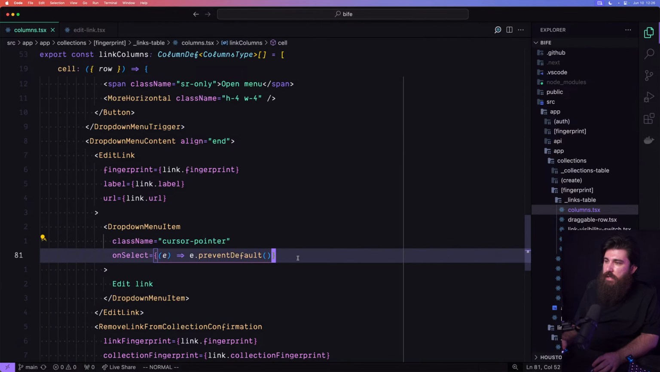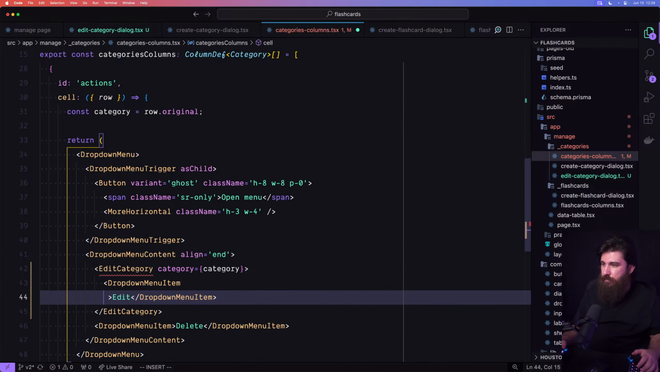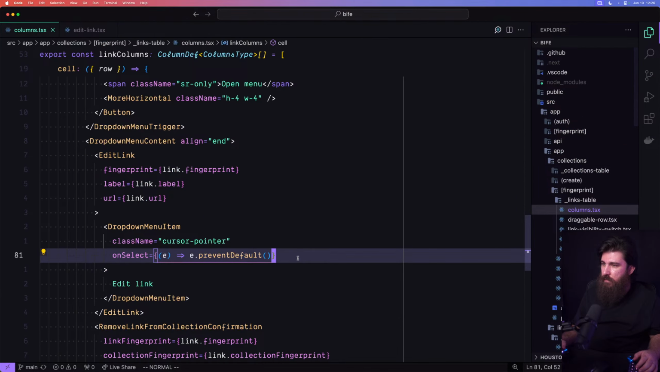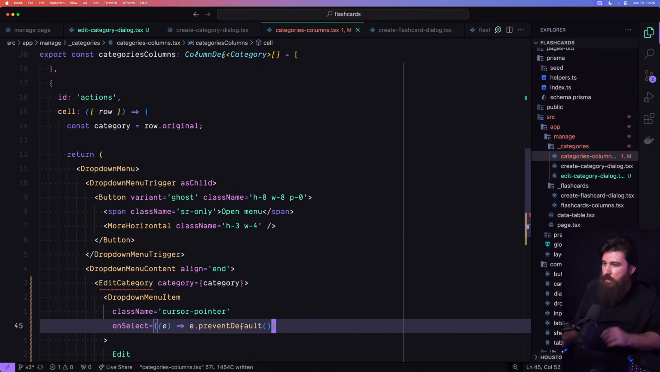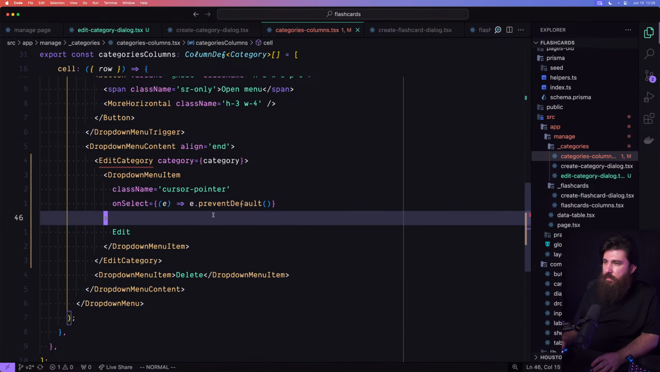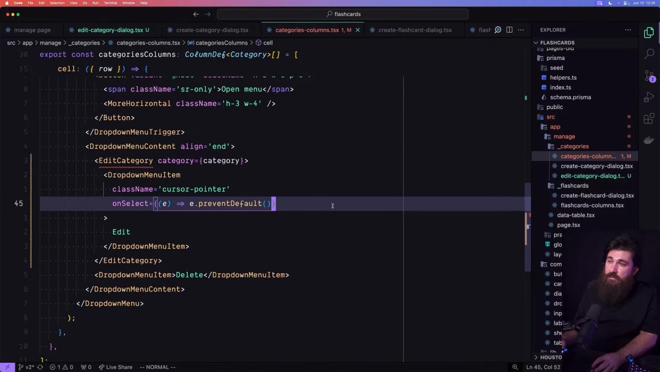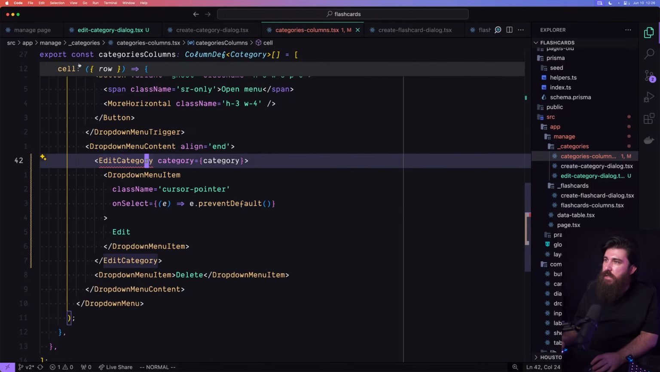needs to have this class and the onSelect. Otherwise, it's gonna be weird. Yeah, cursor pointer so that it shows the little pointer cursor when we hover on it, and then prevent default, because if we don't, nothing's gonna happen. The dialog is not gonna appear. Then inside of the edit category,